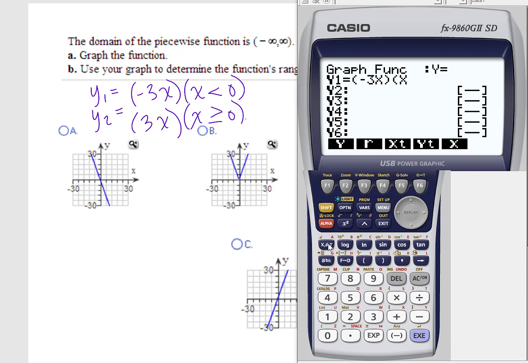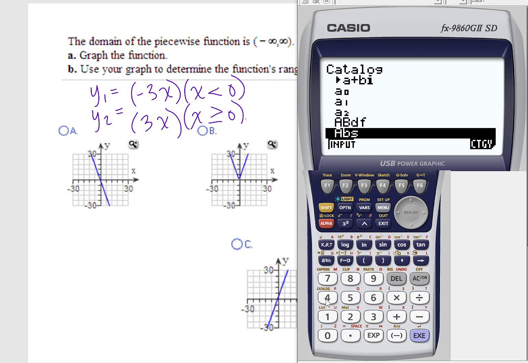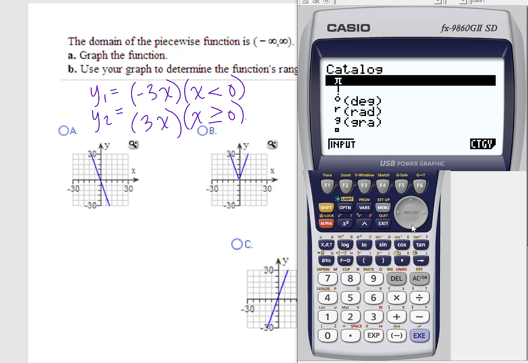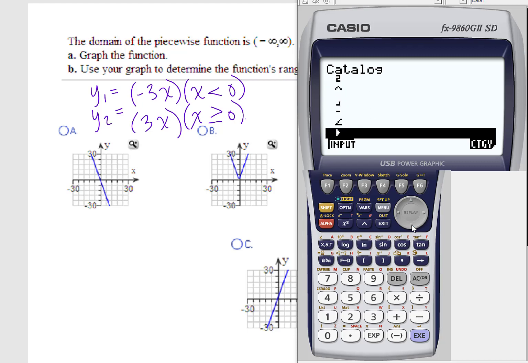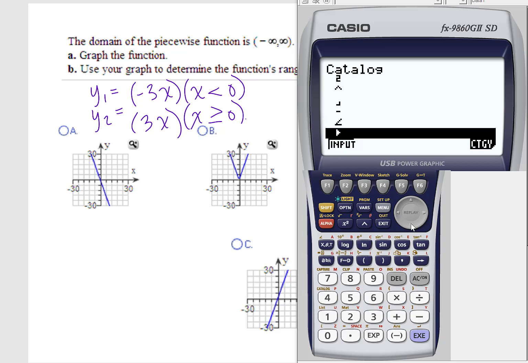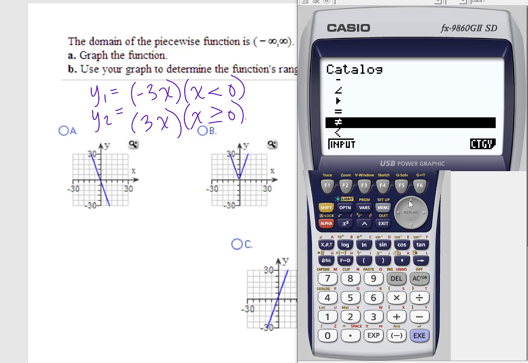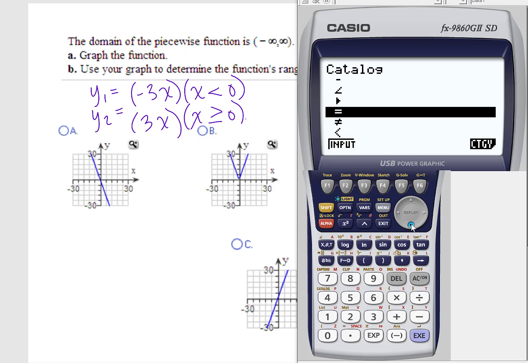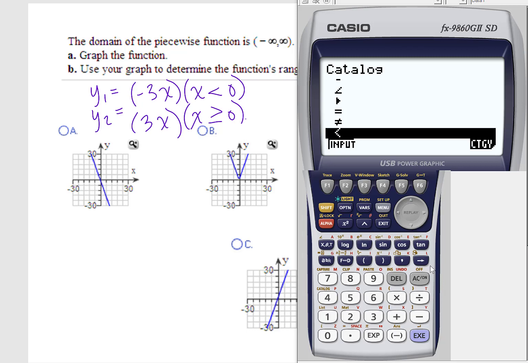To get those inequality signs, we'll go to our catalog. So Shift 4. You can scroll down, but you'll be scrolling for quite a while if you're at the very beginning of the catalog. So if you press the decimal button, it takes you down to the pi symbol, and then go ahead and scroll down and you'll start seeing the inequalities. Be careful because this is one that you'll come across first. That is actually the symbol for angle. And if you don't see it grouped with the rest of the inequalities, then you're not in the right spot. There we go. Once you see the equal sign, then you start going into the inequalities. So we said when x is less than, there's my less than symbol,